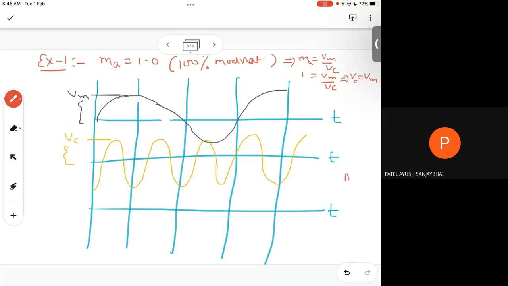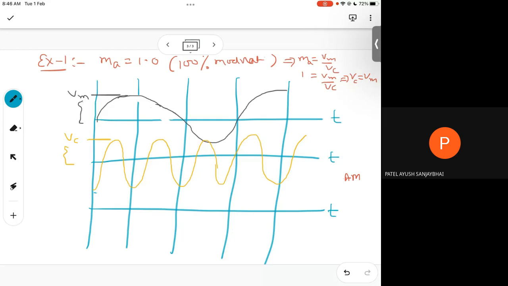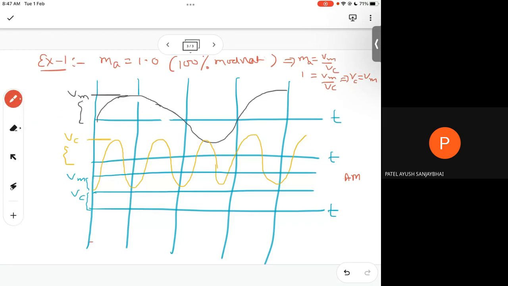So your AM waveform, how will it look? Again, just for understanding better, I put it in this. So this, let's say, is my Vc. Let's say this is my Vm. Okay, so this is Vc, this is Vm. Okay, and in this case, my maximum voltage will be like this. So if I put the AM waveform here like this, it will look